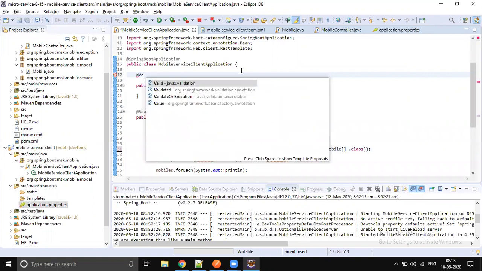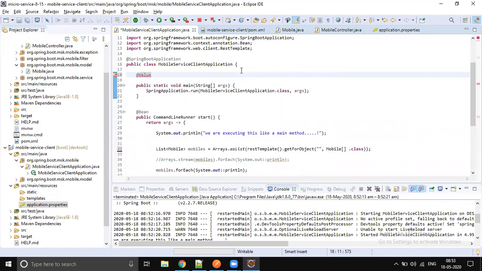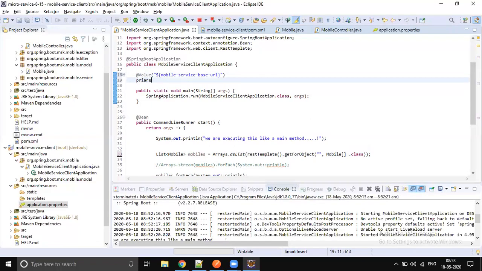We are retrieving only one property from the properties file, so I'm using the Value annotation, dollar curly brace, and the key you need to pass. Finally, you assign it to a string, private String mobileServiceBaseUrl.